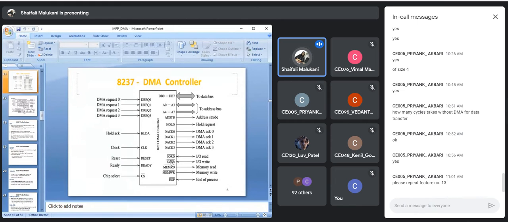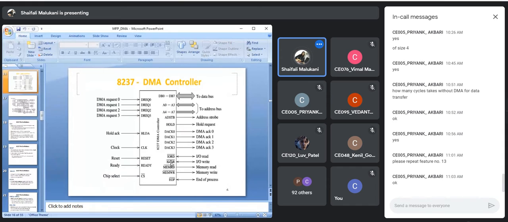Generally it is not required, but sometimes it is possible that your IO is faster, then you have to cope with that, and that is what compressed timing is. You can think of it like a faster clock being provided. So instead of 4 clock cycles, you will complete the task in 2 clock cycles. Okay, so I think now you should be clear with the ready pin as well.